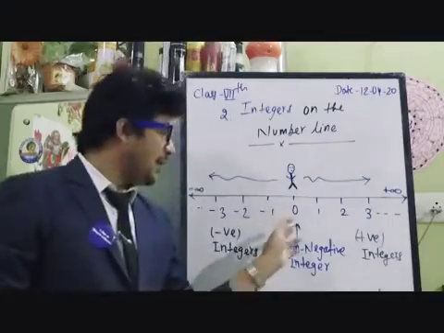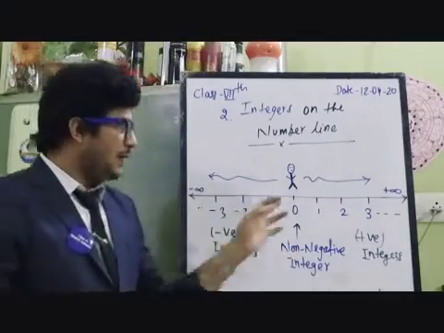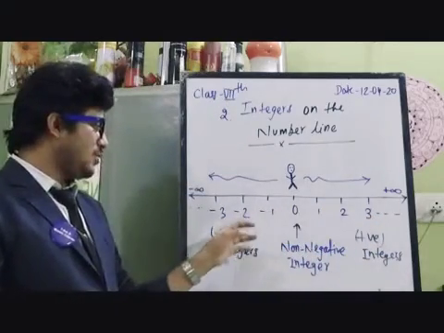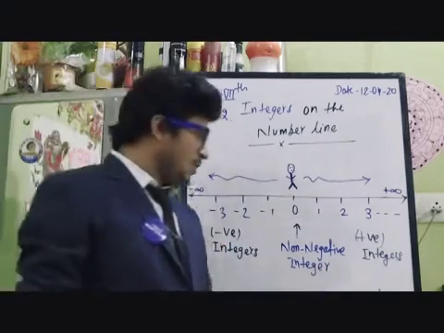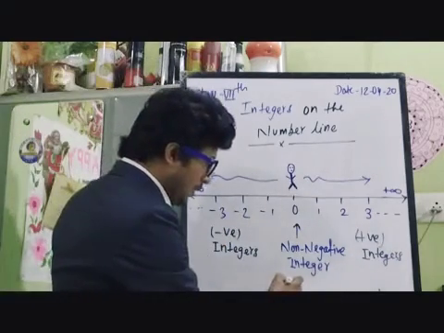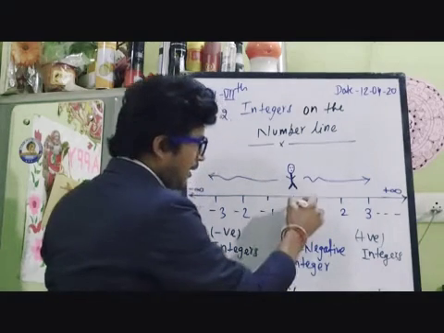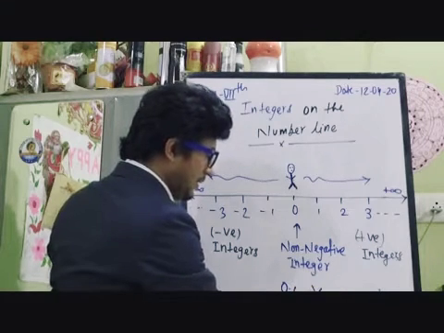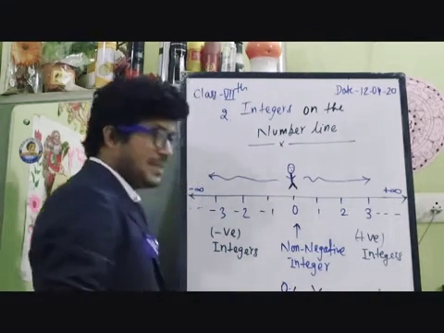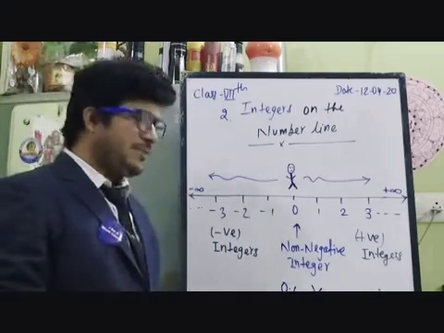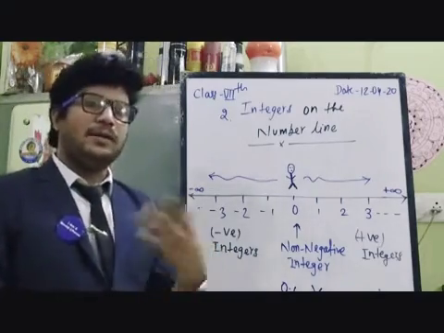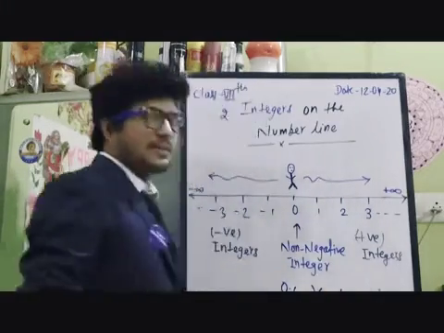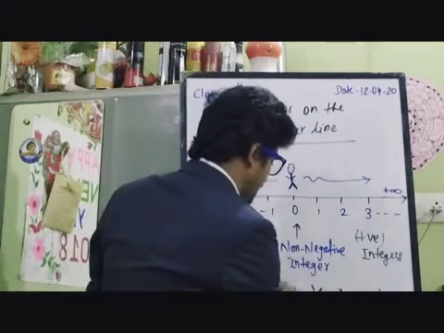That is the reason we say non-negative integers. Positive integers means 1, 2, 3. Negative integers means -1, -2, -3. So we cannot say 0.1 or 0.2, even though they lie in the middle. 0.1 is not an integer. 0.2 is not an integer. These are decimal numbers, and decimal numbers are never integers. Counting numbers are positive integers. 1/2 is also not an integer. This is a fraction, so don't say it is an integer.